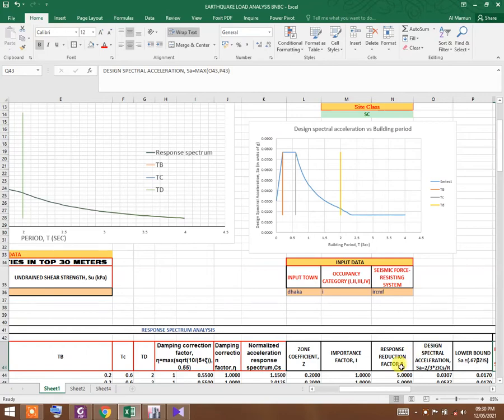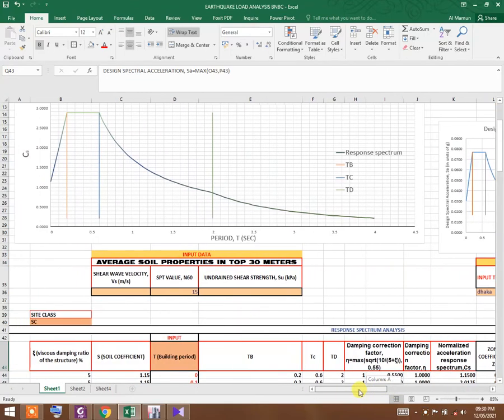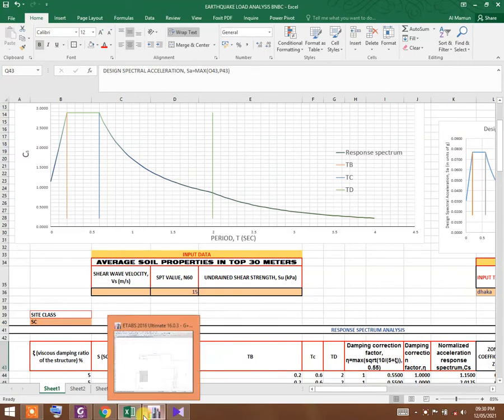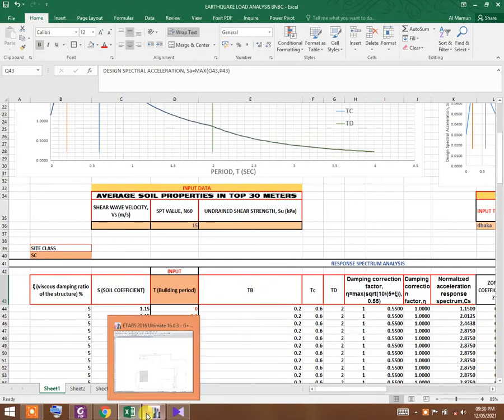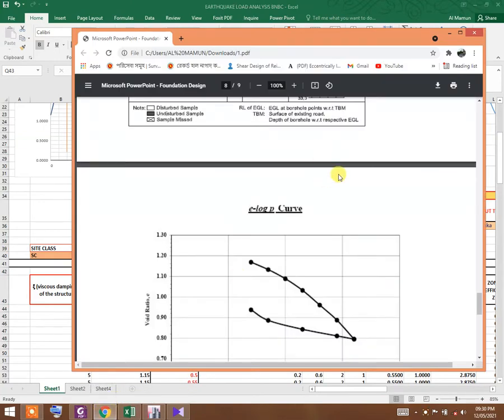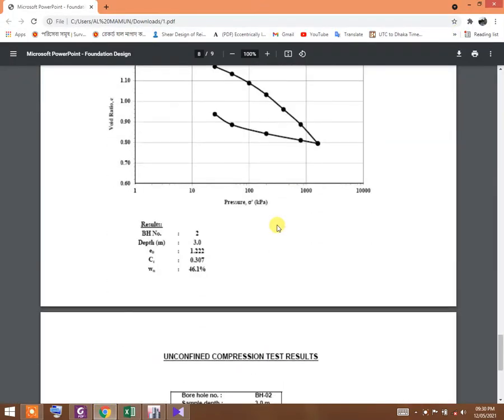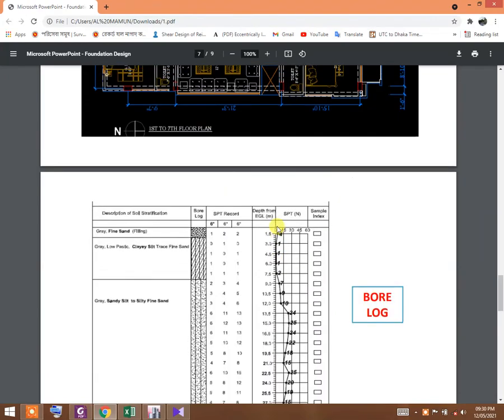Okay, so here in this model, I have assumed that the building's seismic force resisting system consists of intermediate reinforced concrete moment frame. And for the site in which the building will be constructed, I have some data. This is the bore log test.